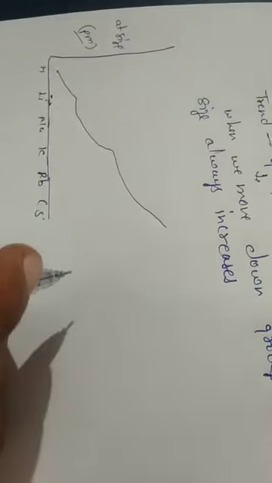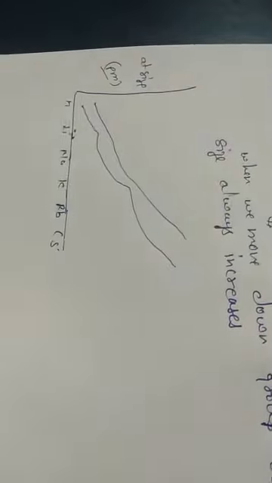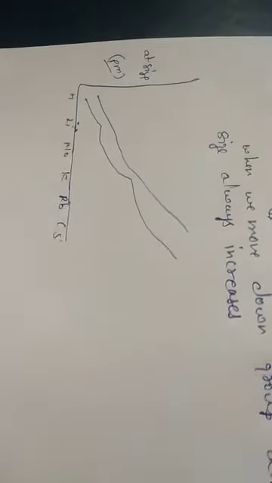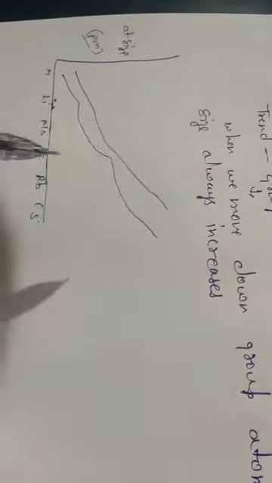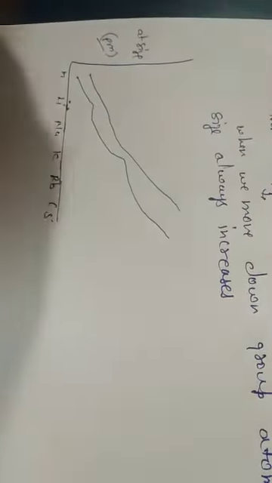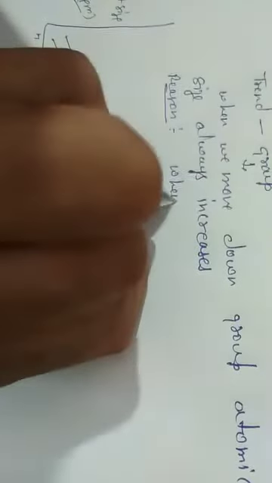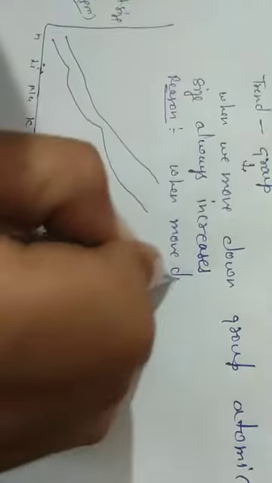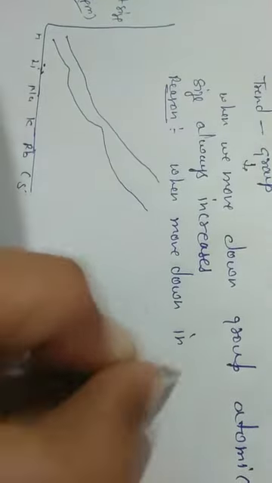Okay, you can show it as a straight line increasing, or as a slope like this one. So you saw the graph that I have shown is increasing. In any group you move, the graph always increases if you are moving down the group. Why? Now the reason first. The reason behind that is when we move down in any group,